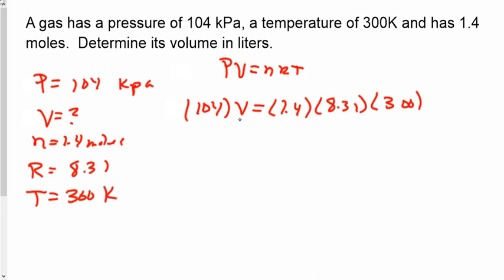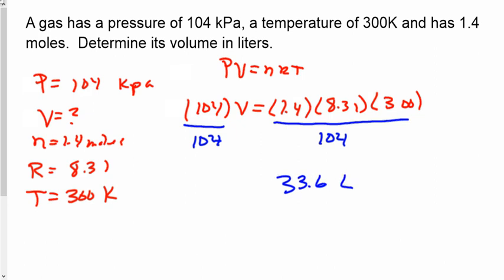Okay, now I need to get volume by itself. So I'm going to divide both sides by 104. I don't need a parenthesis this time because I'm just dividing by one number. And my volume is going to be 1.4 times 8.31 times 300 divided by 104. And that comes out to be